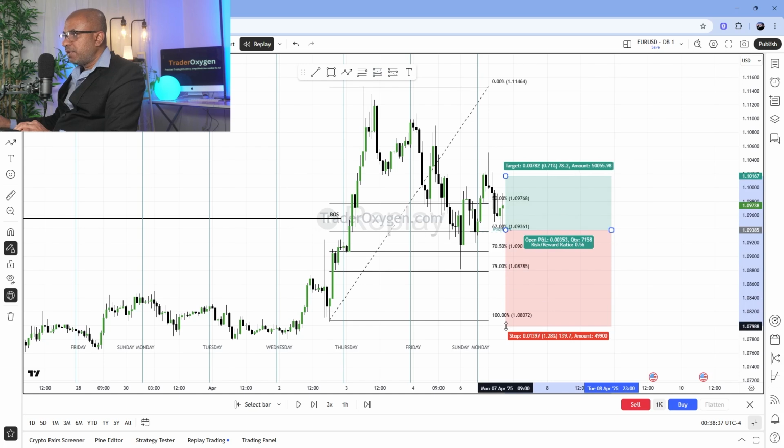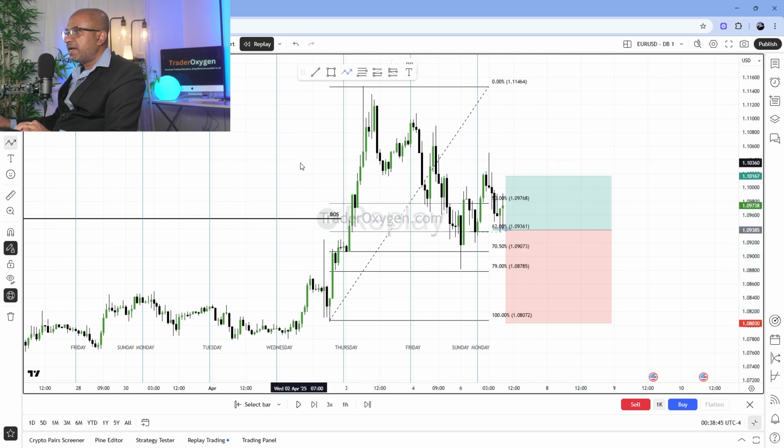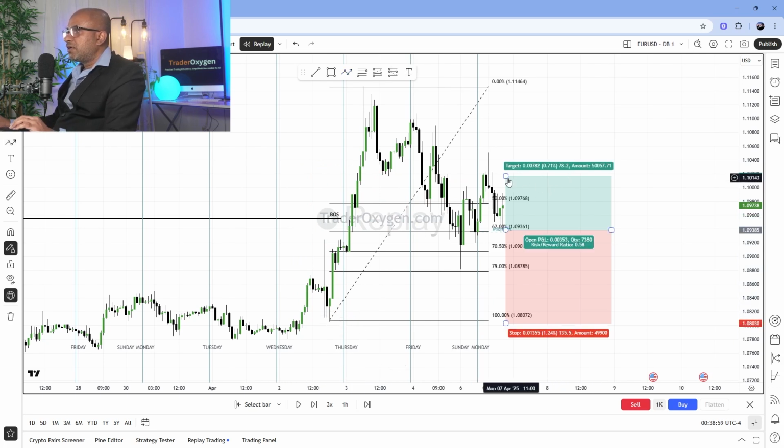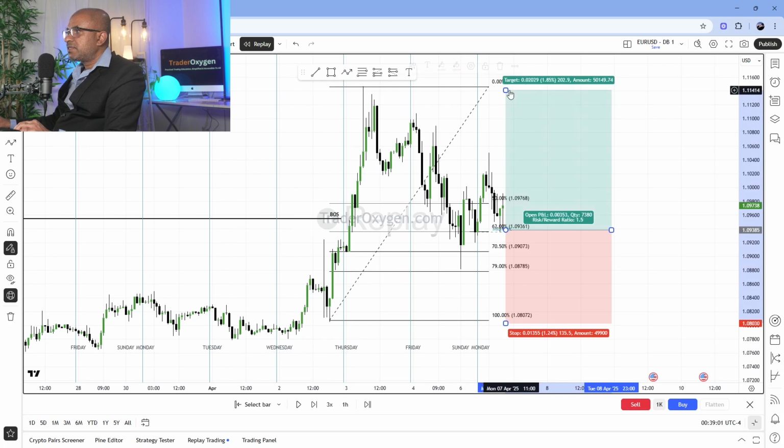stop loss just below this swing low where you started the fib. The reason is, if this price point gets invalidated, meaning if the price comes below this price point, then our trade is considered to be invalidated, because for the trade to be profitable, this swing low has to hold. So we put the stop loss below this swing low, and you can put your first take profit just around